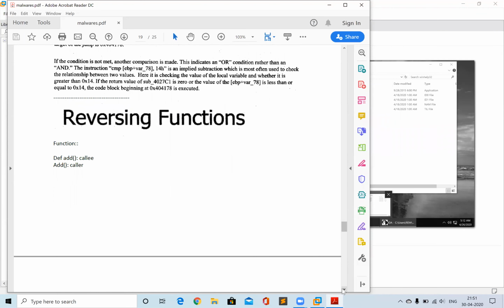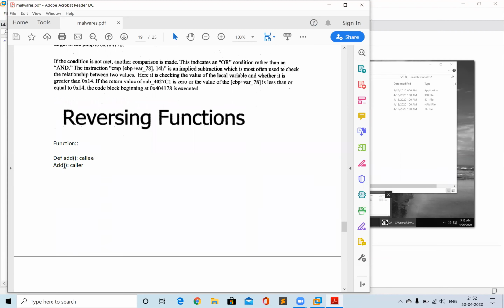Okay. So today I will be covering how functions are implemented in much more depth in assembly language. Before I start with functions, I want to make you aware of the terms that I will be using. Over here it's a Python code with a function that is doing some addition, and in this line I am calling that function.